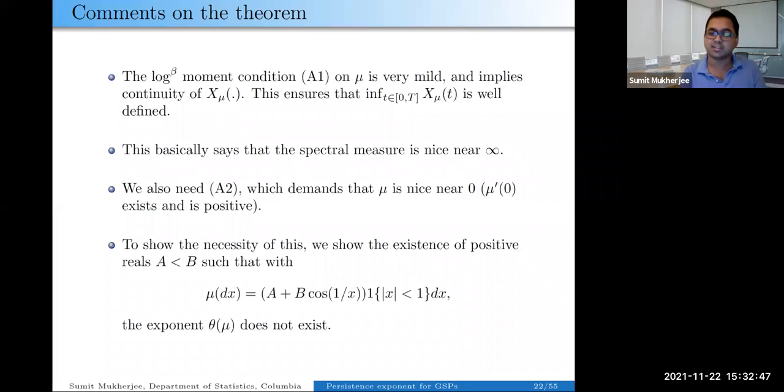And just to give one example, if you take a spectral measure of this form, A plus B cosine 1 over x on this compact set, then the exponent does not exist for some choice of A and B. So you need B larger than A to make sure that